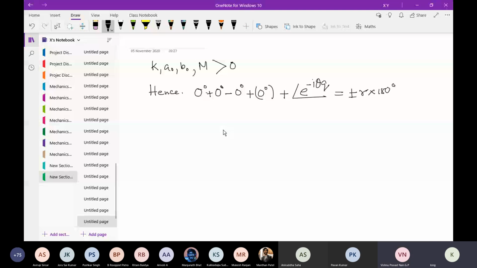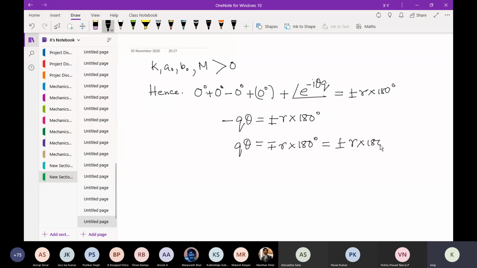Minus Q theta. Exactly. So we can rewrite this as Q theta is equal to minus plus R into 180 degrees, which is the same as plus minus R into 180 degrees, and therefore we get theta is equal to